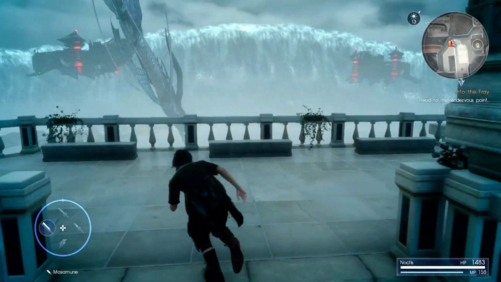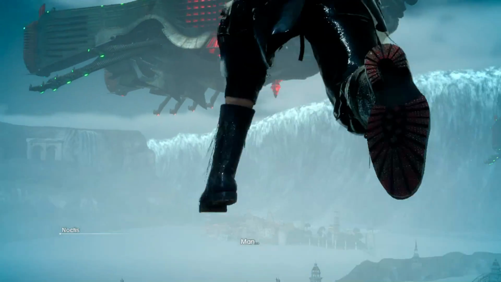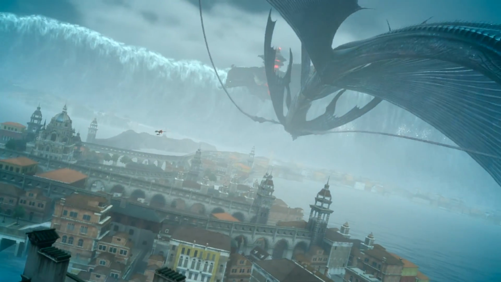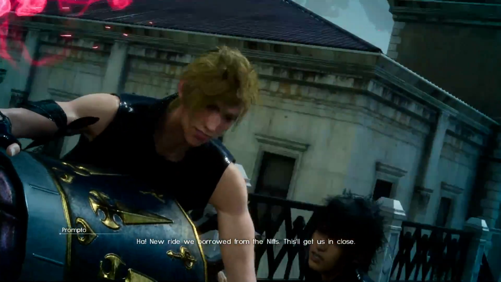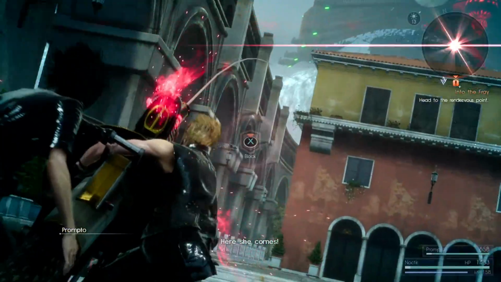So we'll meet up with Prompto here, and we'll bounce straight into a little in-game cutscene. So, alley-oop! Nice catch. I have no idea what this thing is that he's riding on. It looks like a rocket-powered lance, for God's sake. But